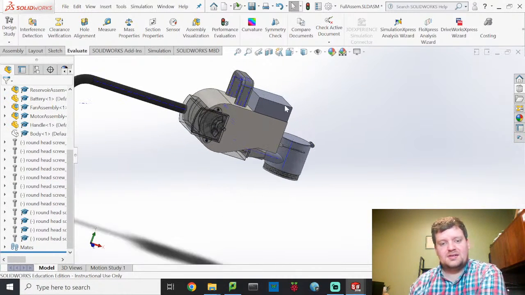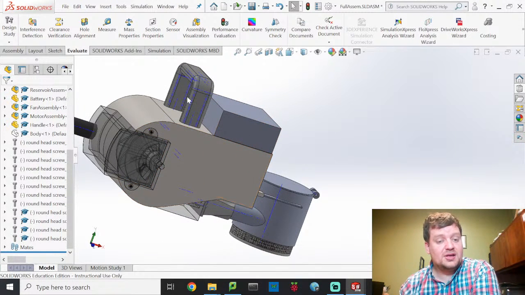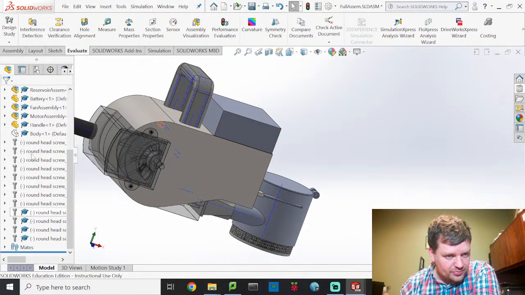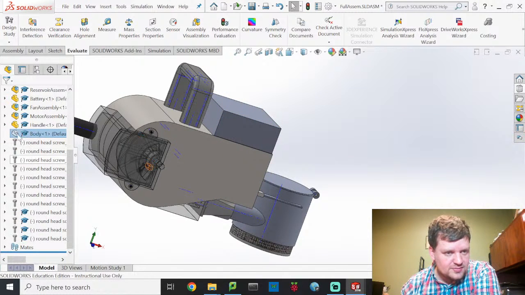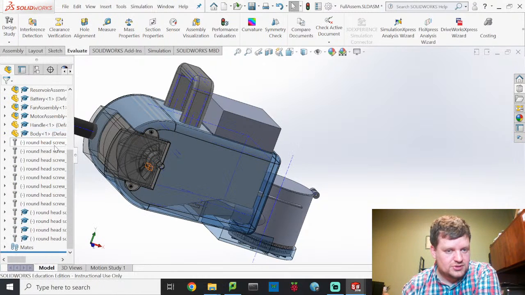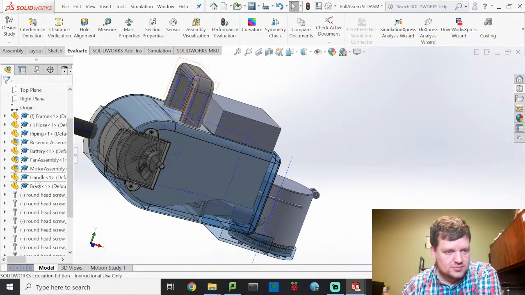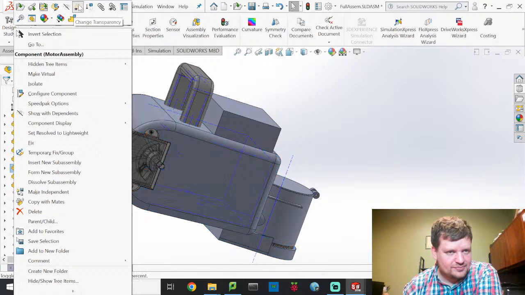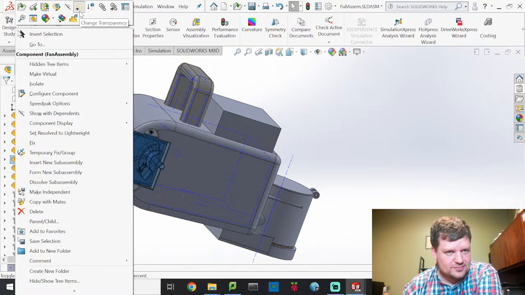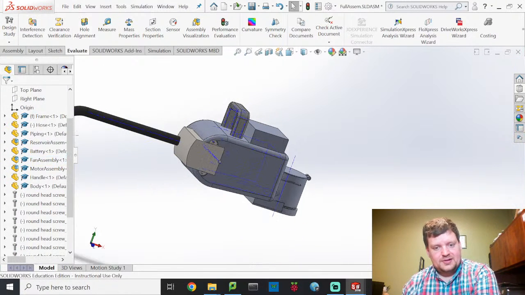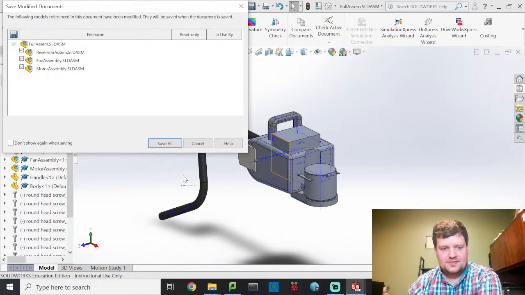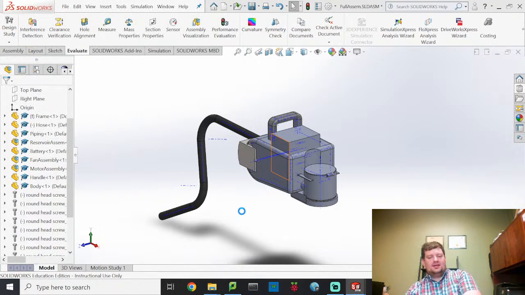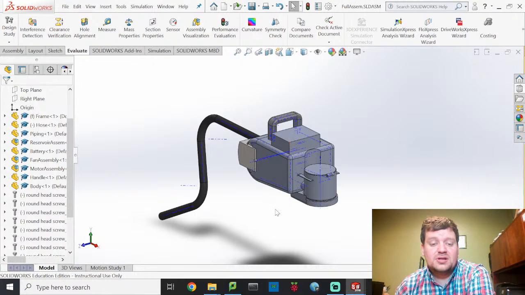And we will be discussing how to professionally display these components. So change transparency again. Oh, show me components. Oh, apparently I changed transparency on that. Yeah, my bad. There we go. Sweet beauty. File and save. Save all. In the next video, I'm going to be showing you how to professionally display